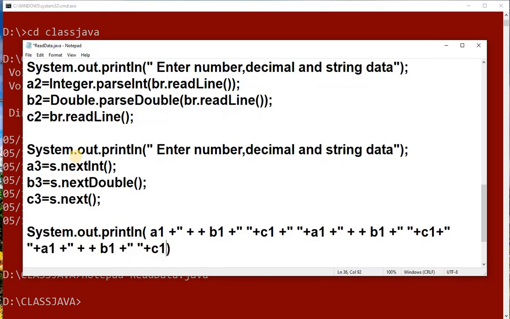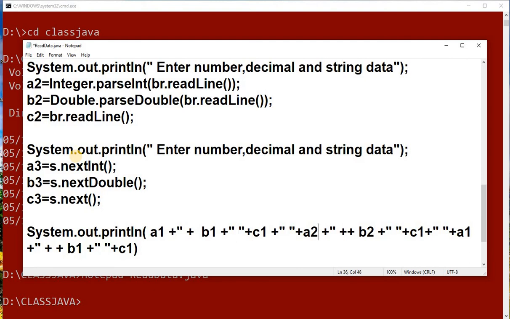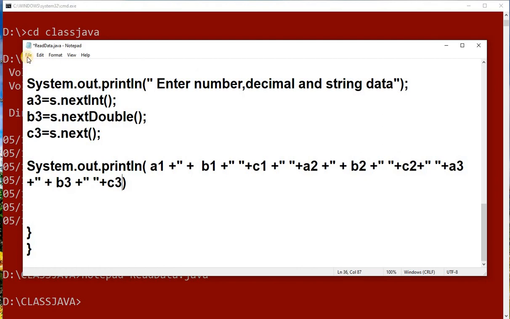Now you can see I have A1, then A2, then this is B2, then this is C2. Now same way here we have A3, then B3, then C3. So your program is almost done.